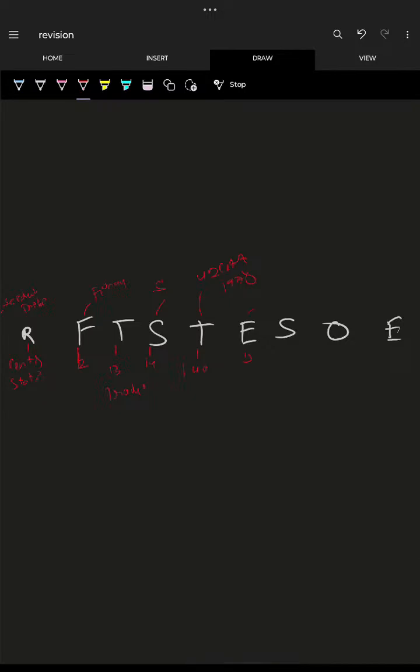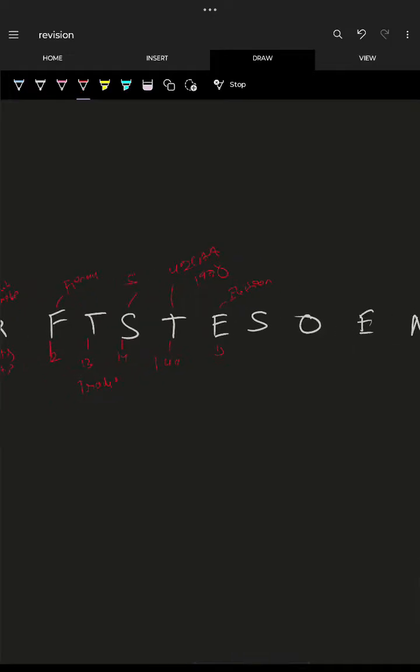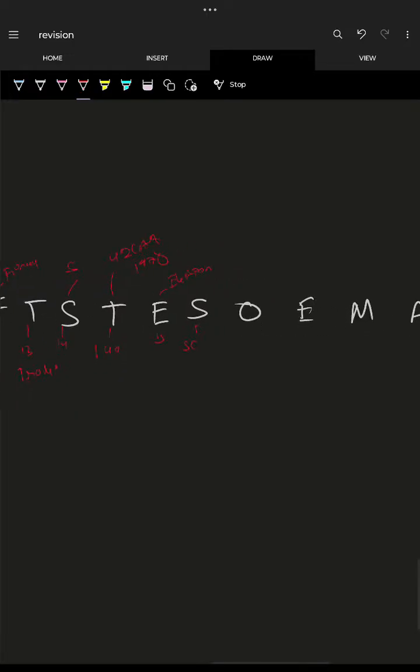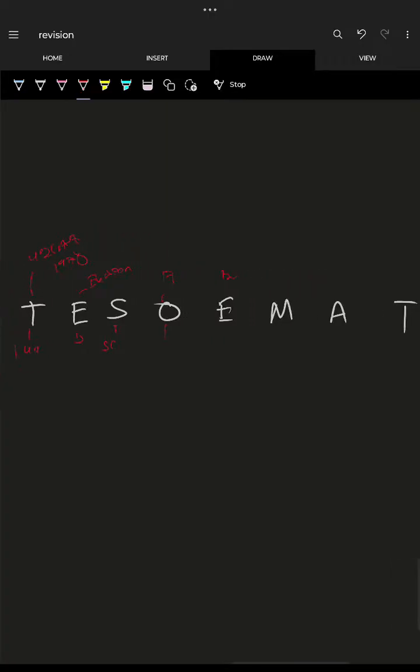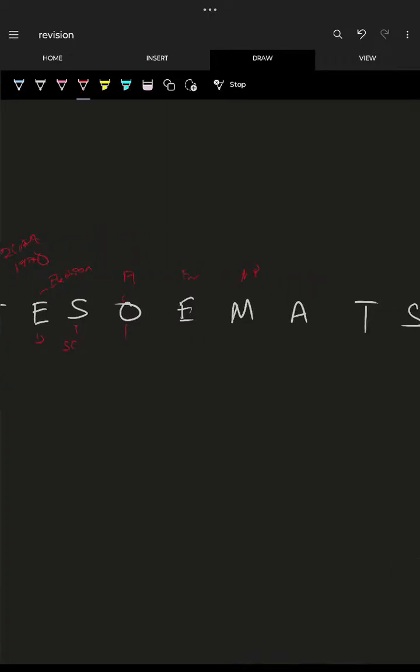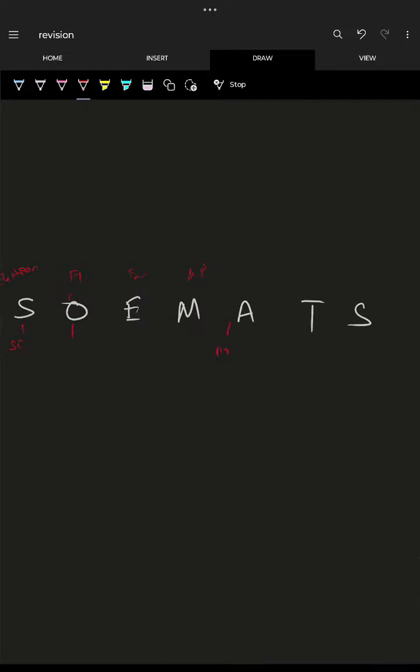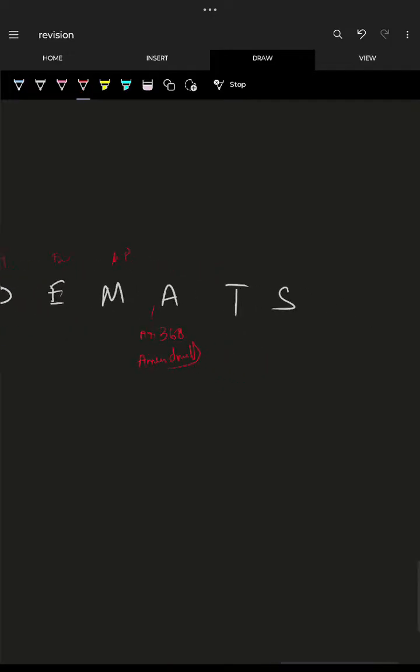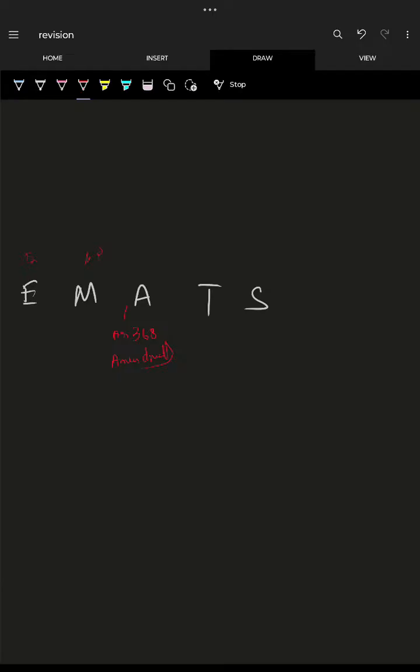Then 15th is your election. 16th is your what? Special provision to schedule caste. 16th. 17th is your official languages. 18 is emergency. Then 19 is miscellaneous. 20 is your article 368, amendments. Temporary termination, special provision, short term snacks and little all that.